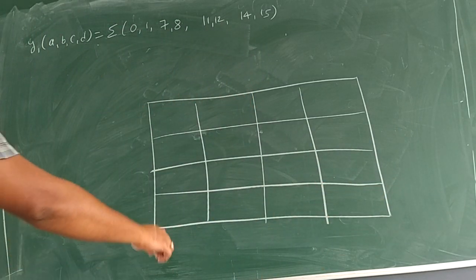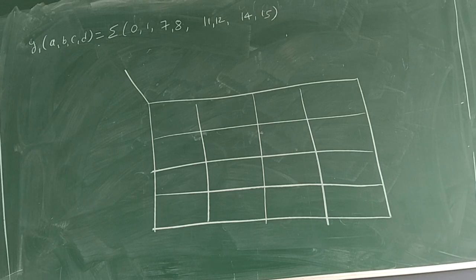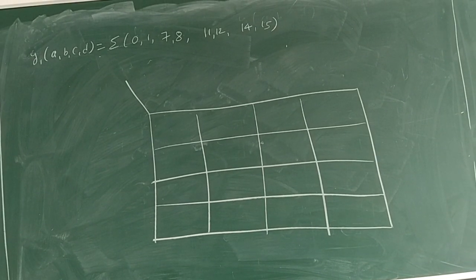Now, mapping of the variables, you know already. Look into the given function y1. It consists of A, B, C, D. Starting from your right, that is D. How many columns are there in the K-map? 4. So 4 columns means 4 possibilities: 0 0, 0 1, 1 1, 1 0. So these are the possibilities.